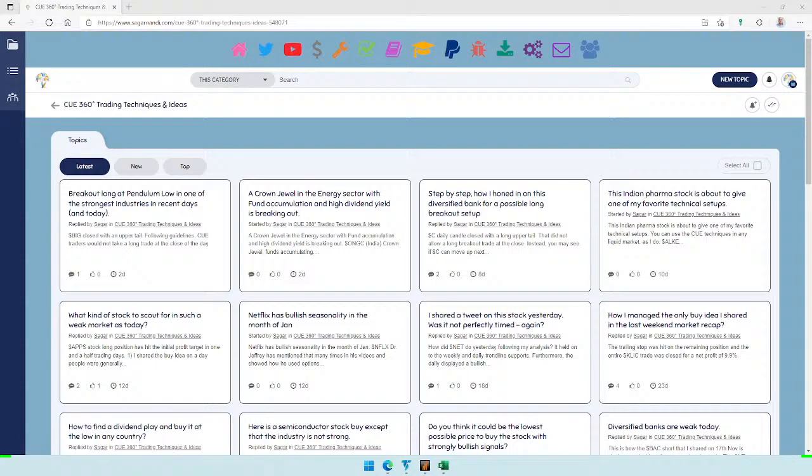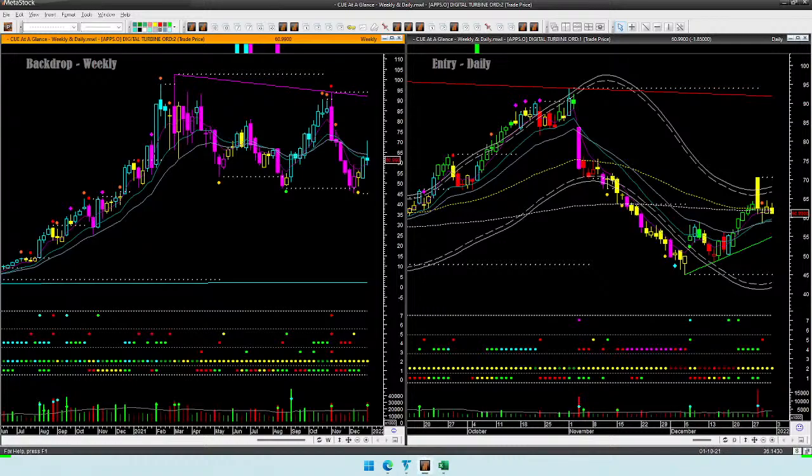If the trade setups are not confirmed, or if the trades we already took are hitting stop loss before hitting initial profit target, then we know that the market is not in the right state to take trades. Now let's look at these three stocks. I didn't share a lot of stocks in recent days. Let's start with APPS, Digital Turbine.